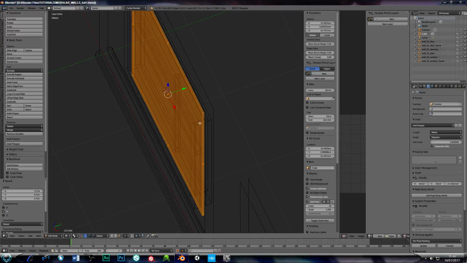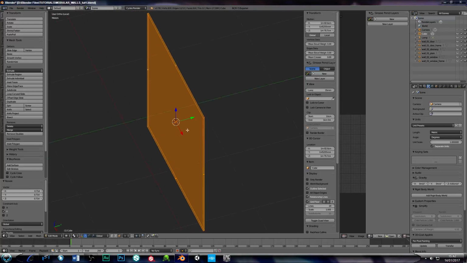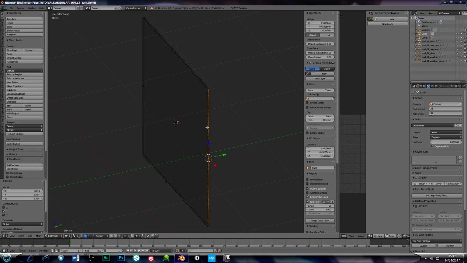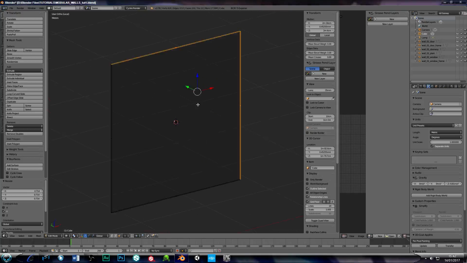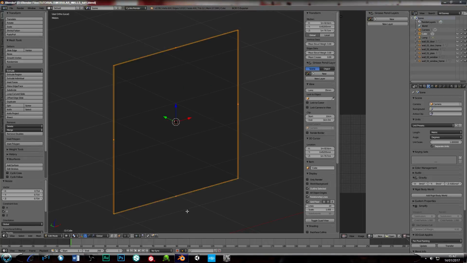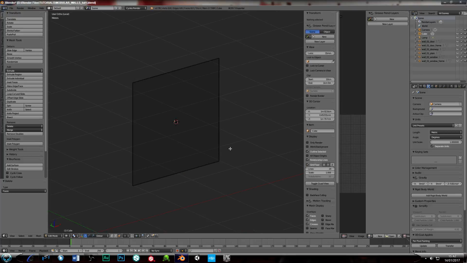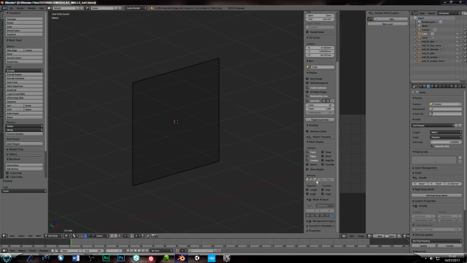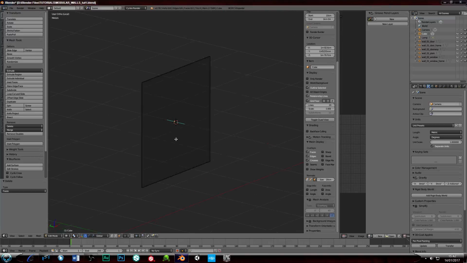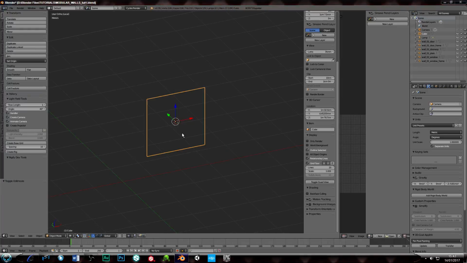Right. Okay, let's isolate it. And what we need to do is delete the edge faces. So if we select those faces, press X and delete those faces. Now we need to check our normals are in the correct position. So if we select our normals, you can see they're both facing opposite ways. And this will be important for light that's going to go in and out of the window, depending how we're doing the window. Oh, we'll work on that. Okay, so unisolate it,